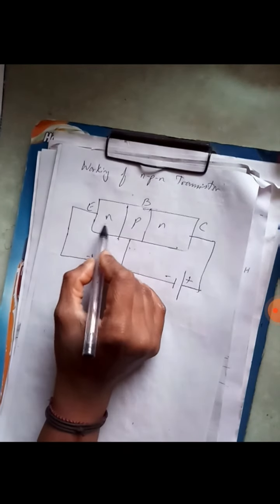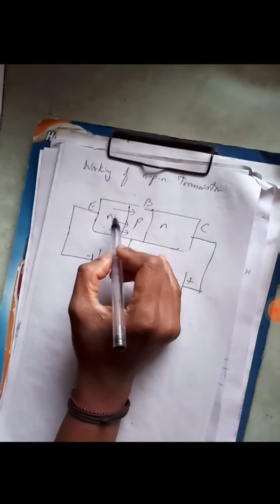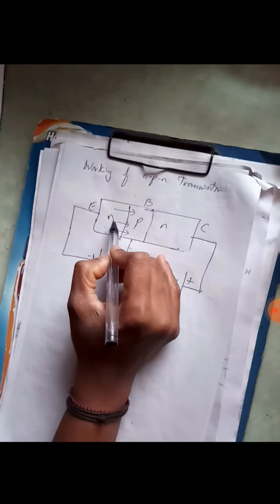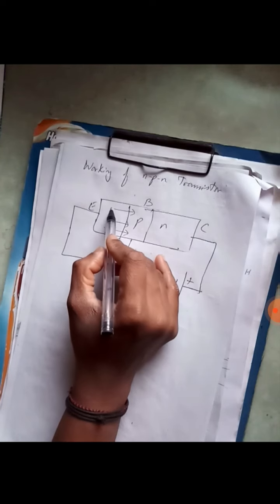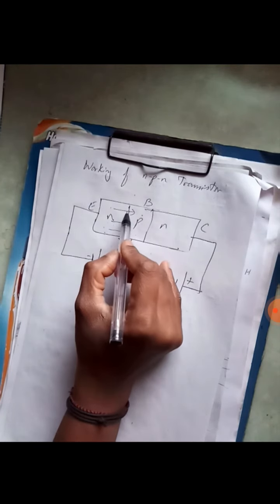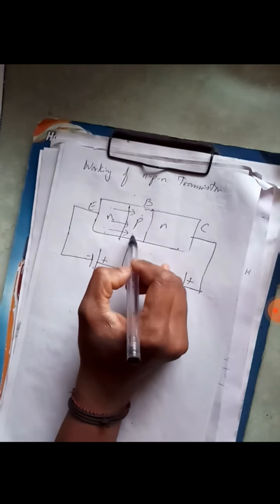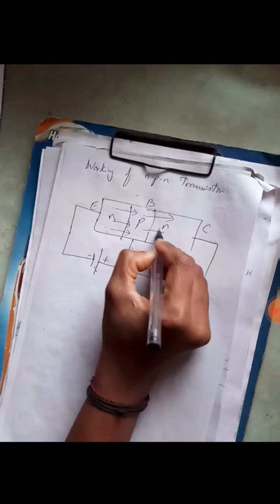transistor. So as soon as the emitter base junction is forward biased, the electrons which are present in the N side, that is the emitter terminal, they start to move towards the base. Since the emitter is heavily doped, a number of electrons starts moving from the emitter towards the base, and in the base region, since it is lightly doped, we are going to see only a few number of electrons coming from the emitter will recombine with the holes which are present in the base, and the remaining electrons will reach